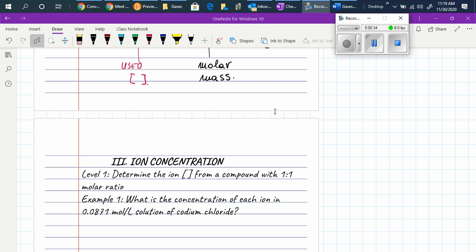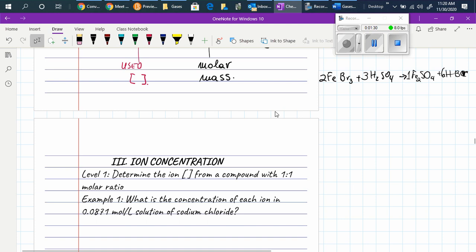Let's suppose that we have this balanced equation here: FeBr3 plus H2SO4 will give us Fe2(SO4)3 plus HBr. When we balance this, in front of iron bromide we have 2, and then 3, 1, and 6. What that means is that 2 moles of iron bromide will react with 3 moles of sulfuric acid to